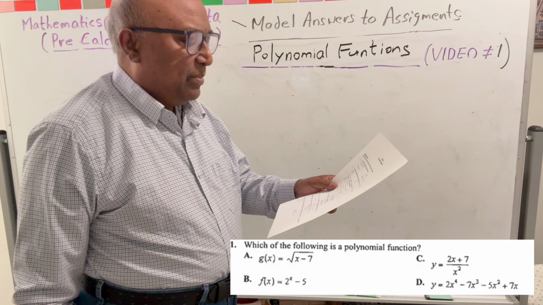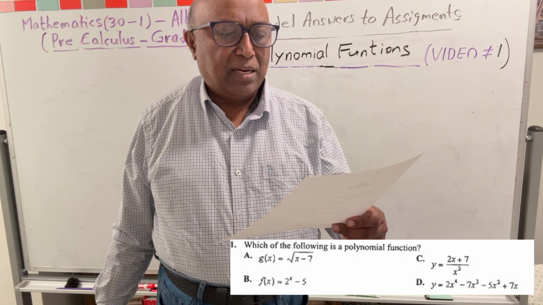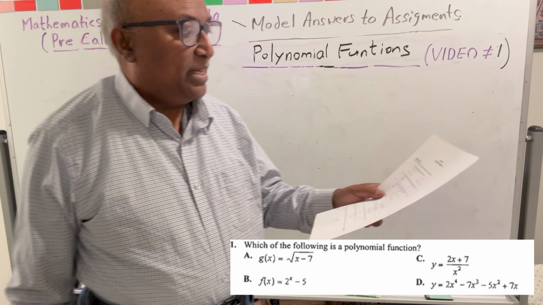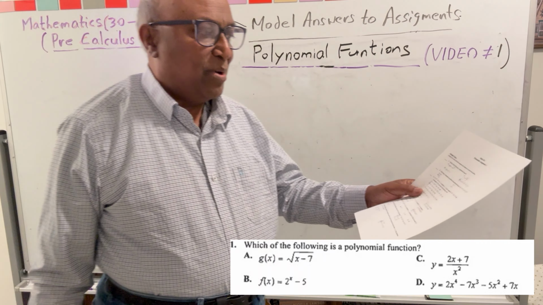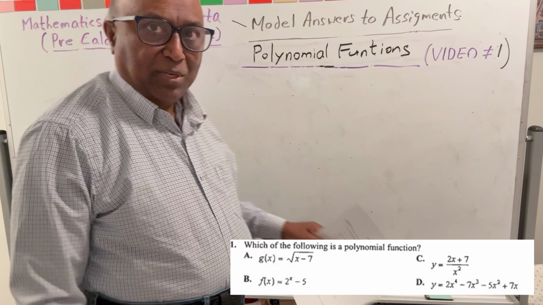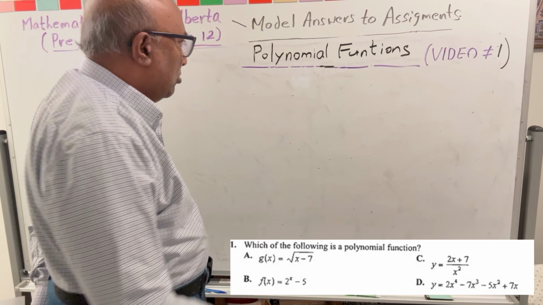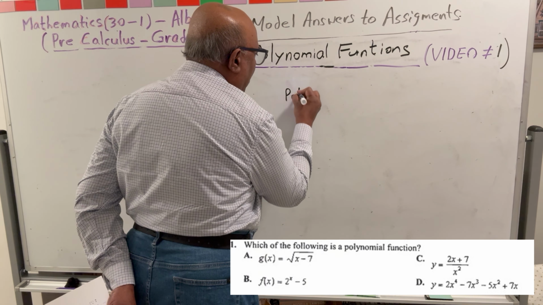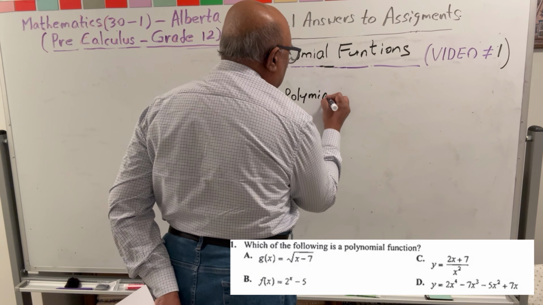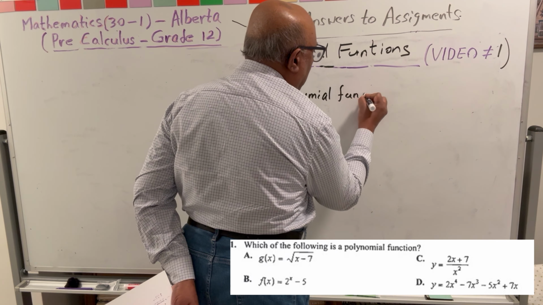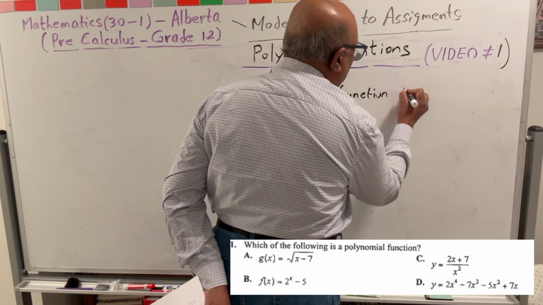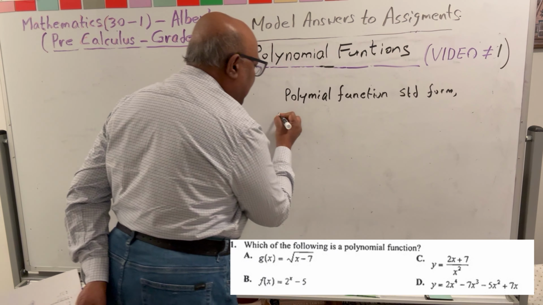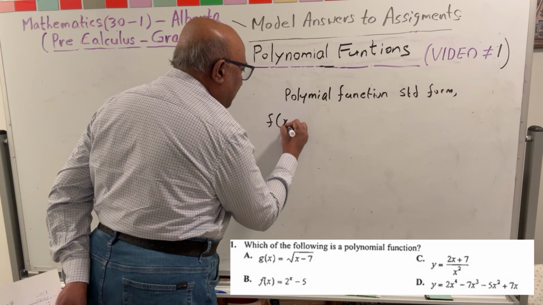Okay, that means there are 4 options. 4 functions have been given. Out of that, we have to select what the polynomial function is. First of all, let's talk about the standard form of the polynomial function. That is like this: f of x equals